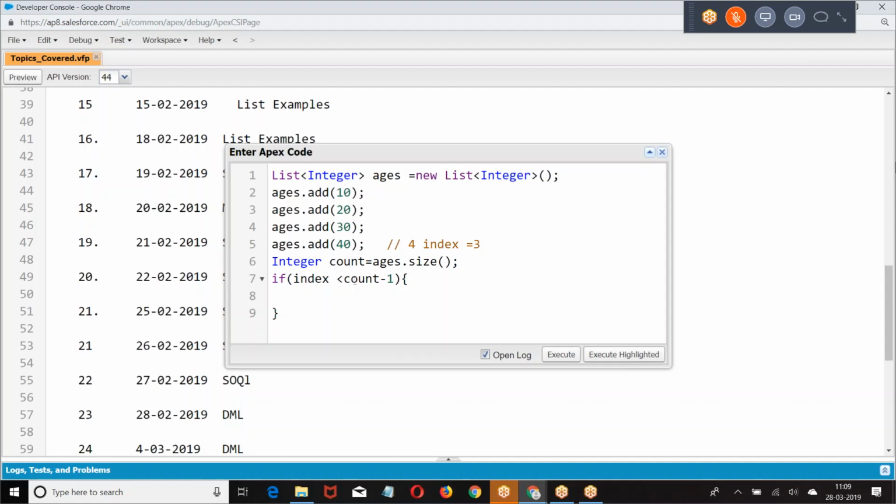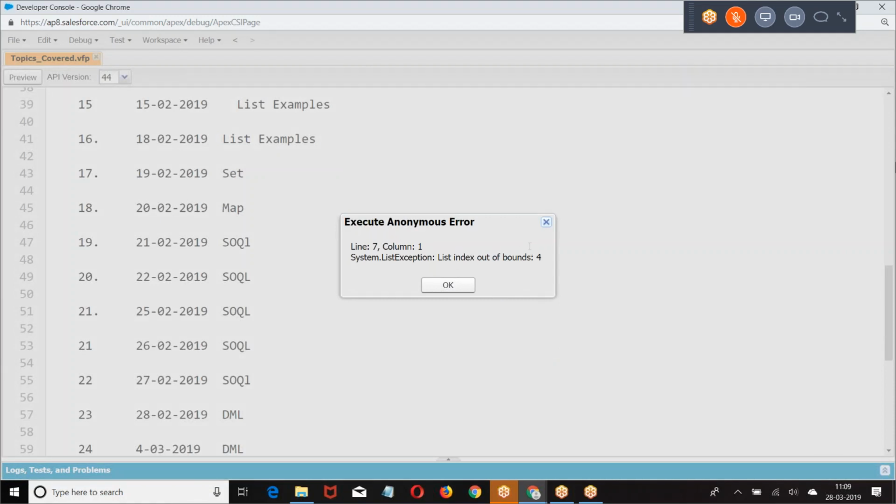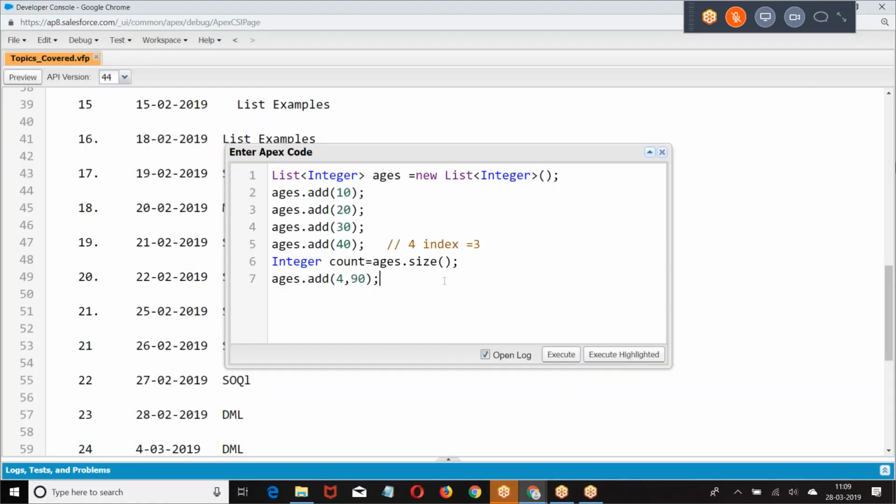Now, if you want to add an element anywhere before the last position, then I have to give ages dot add, now let us see, 4 comma 90. When I say 4 comma 90, it gives an error message. Why? Index is out of bounds. In the last position, if you want to add, you should not give the index.